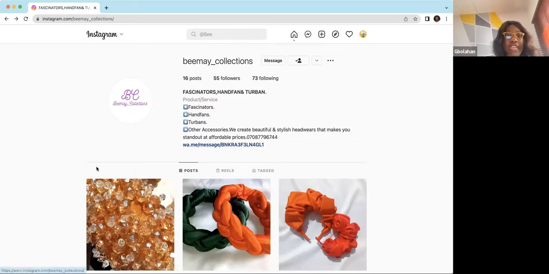Whenever you are having a link, especially if you sell products, I like it when you have a broad link, like a link tree, something that has a collection of links. Why? I'll explain. The first reason is that some people might want to view your catalogs or have an idea of your pricing. So there's this WhatsApp catalog, and you could just copy the link to the catalog on your link tree.